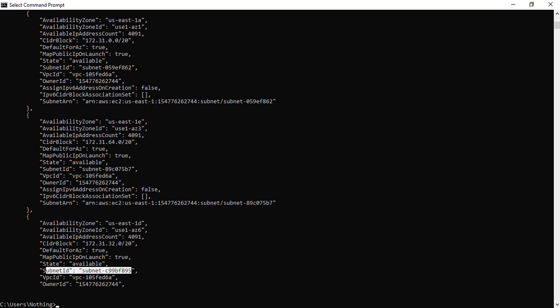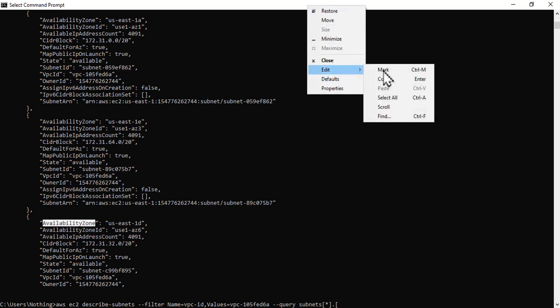So you just have to use the query flag here. Subnets, everything that we're getting right now in the filter, dot, it's the availability zone that we're looking at.